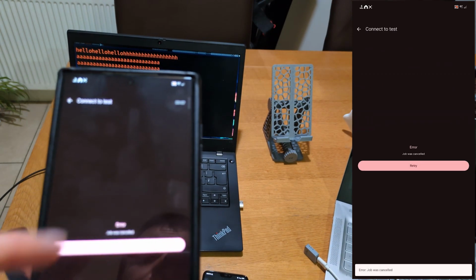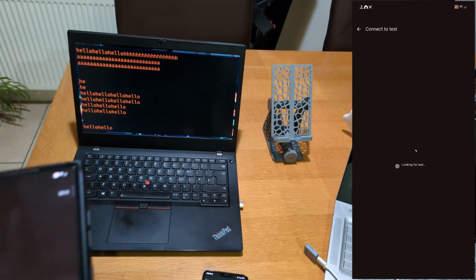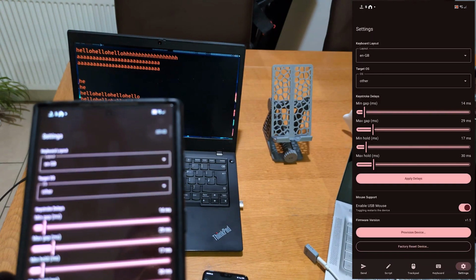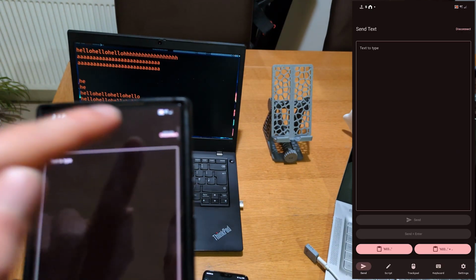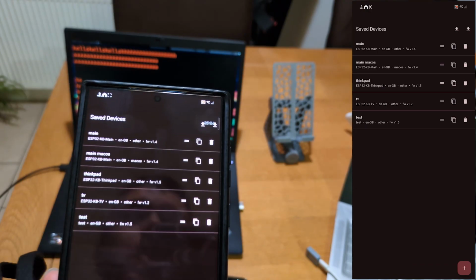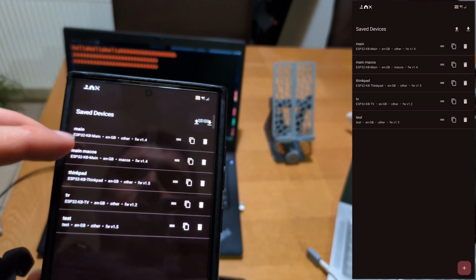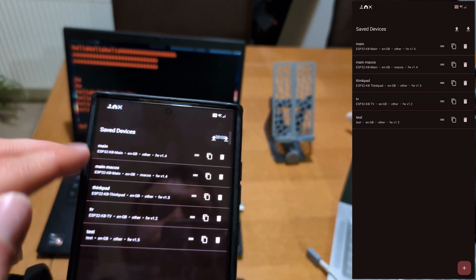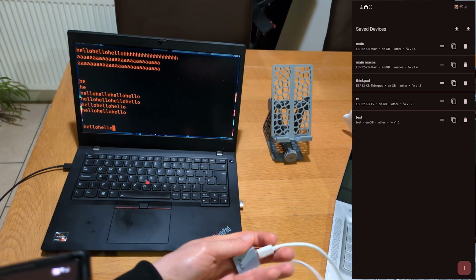So instead of going in here, oh wait, yeah, this is the test one, okay. I don't know why that failed to connect, but anyway. So instead of going in here all the time and changing it here, what you can do is you can actually clone these. So as you can see, I have clone here at the top, where I have ENGB for other OS and ENGB for Mac OS with this one here, main